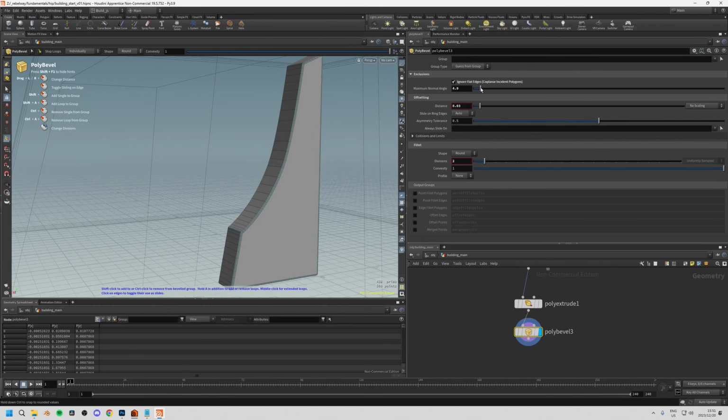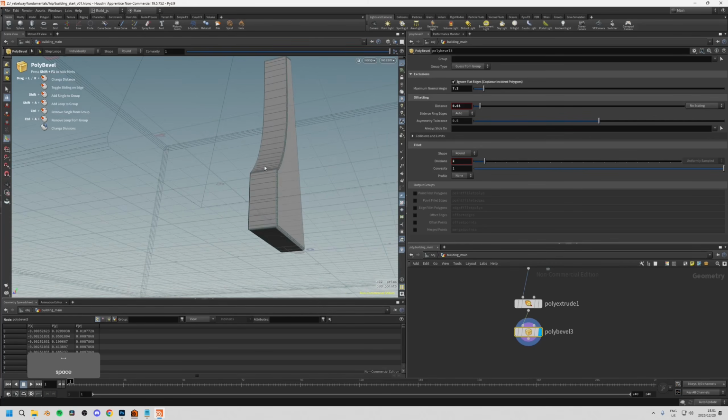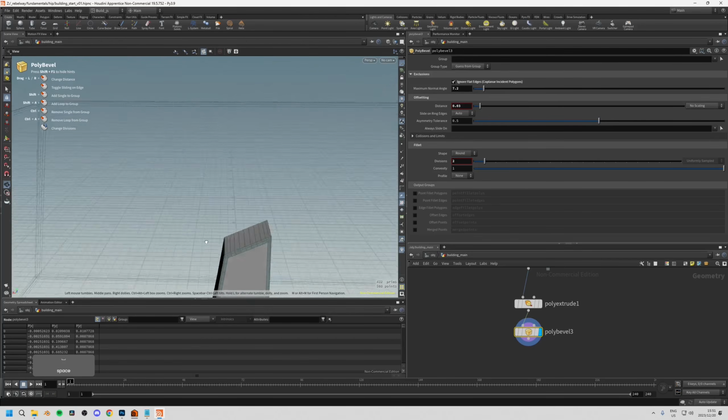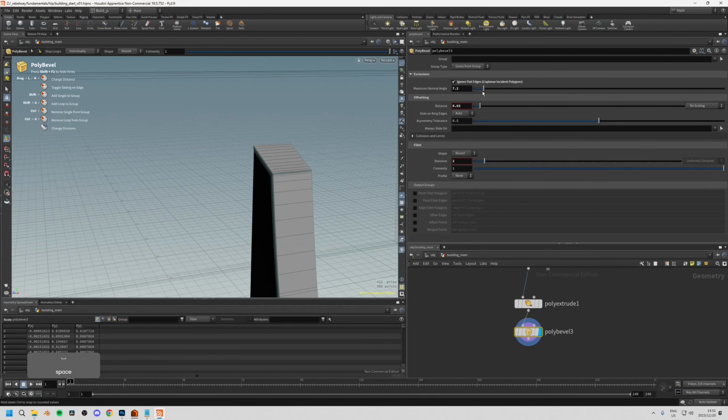It will not pick up the poly bevel, and this is quite useful. So you can see I'm still getting this corner here, and I'm still getting these corners here, and that's a little bit better. Another way, just to show you what you can do, I'm just going to disable this again,